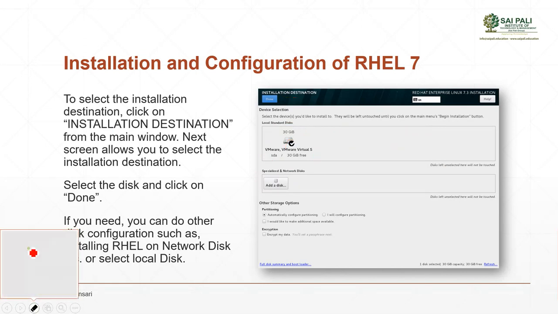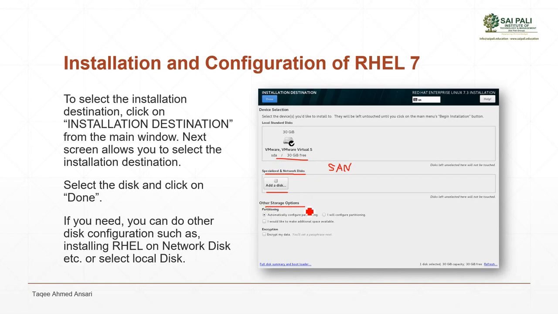Sometimes we have network storage, and if you are using a network storage, that is called SAN, storage area network. So if you are using a storage area kind of network storage and you want to install your system on that, then first you have to connect that network disk, and then you can install your system on that network disk. Okay, we don't have that, we have the local one.